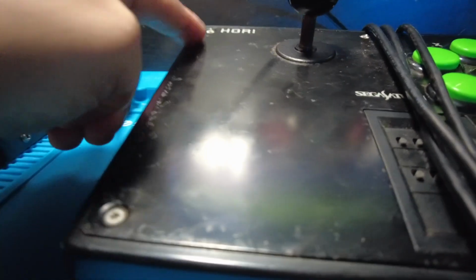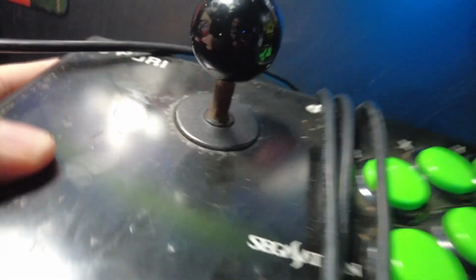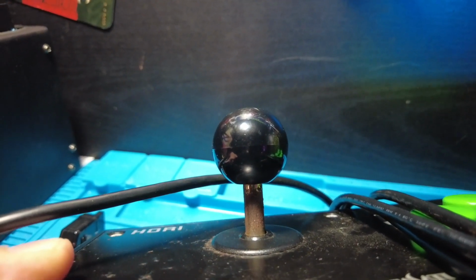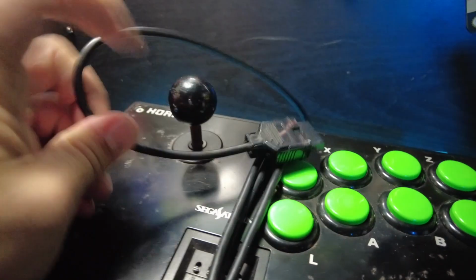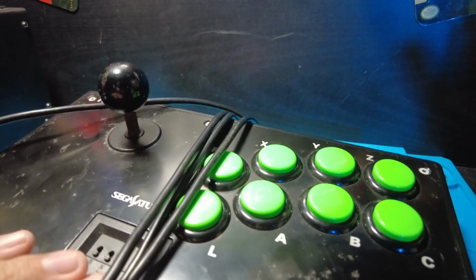A little bit of scratching up here, and the ball of the joystick has got scratches and things, and the stick of it itself, if I can get that into light, is quite rusty as well. So we're going to strip that down and take a look at everything. This cable we're not going to need, that's the Sega Saturn connection. We can pretty much cut that off and get rid of all the cable because we're going to use new